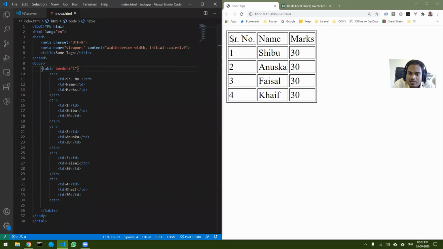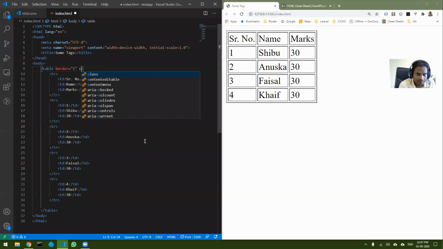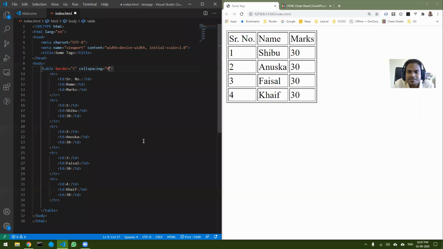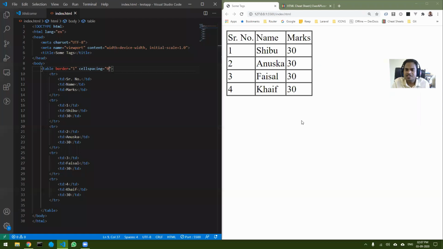Now you can see there is some spacing between the cells and the outer table. You can remove that by cellspacing. Set it to 0, and now the entire space in between is gone.